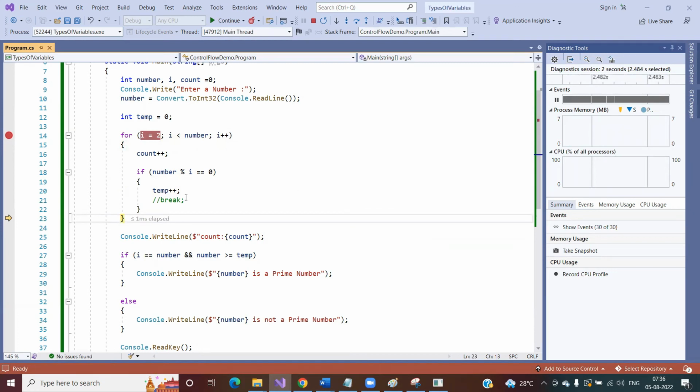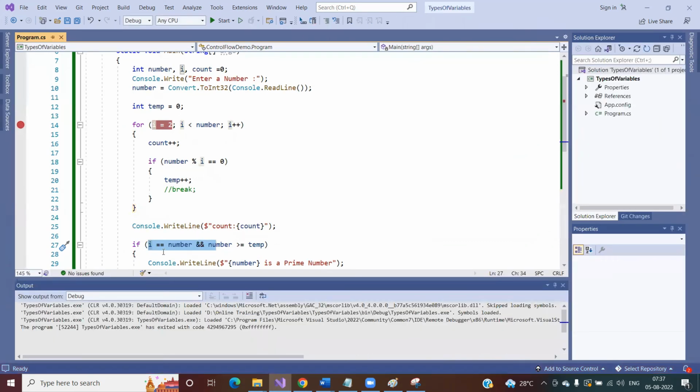So temp value becomes 2. So 2 means I equals, in this case 5, number equals 15. And if, okay, so if temp is